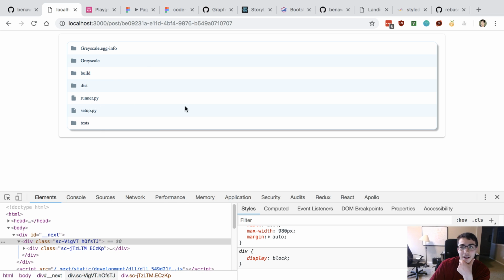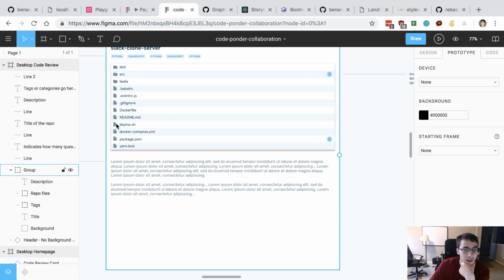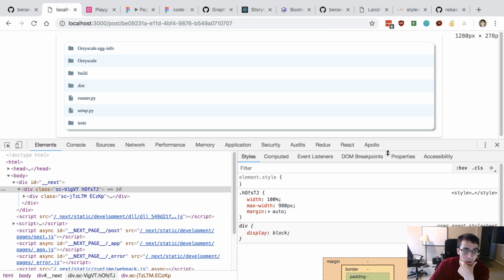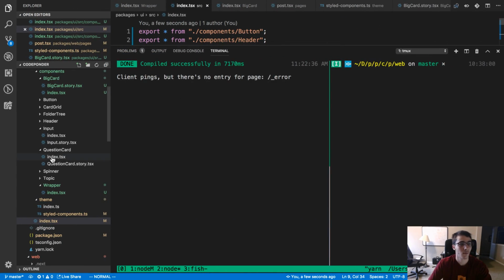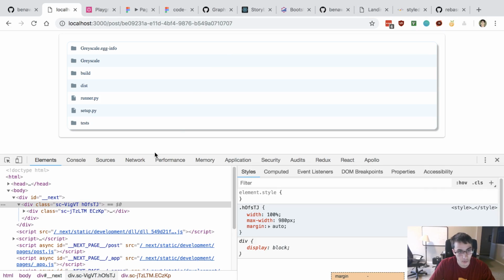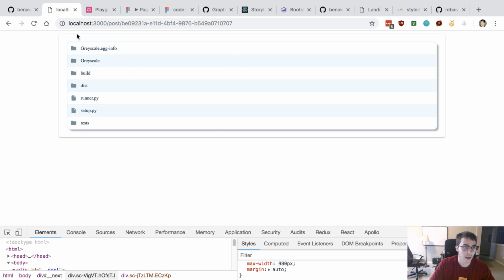This feels a little weird, card on card. So what's different about this that it looks nicer? I guess that it's extended more at the bottom. Your margins are wrong. Which one? If I do margin auto though, there, won't it also center it? No, okay. It still has it at the top.